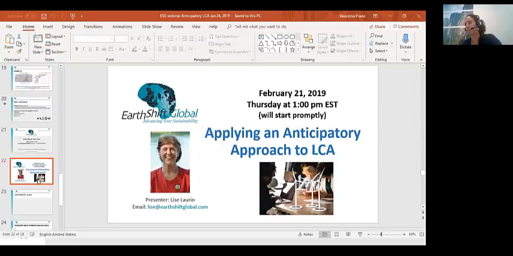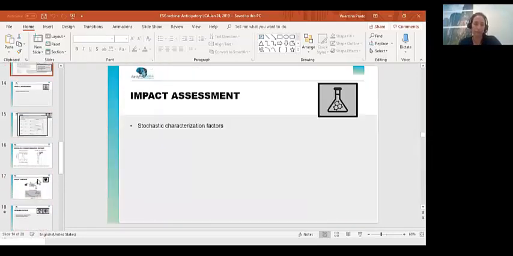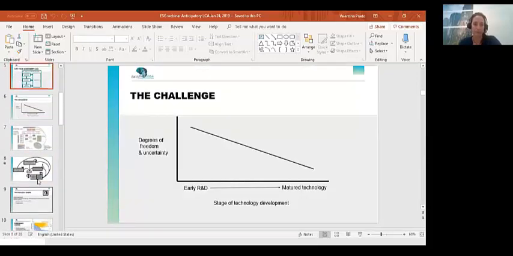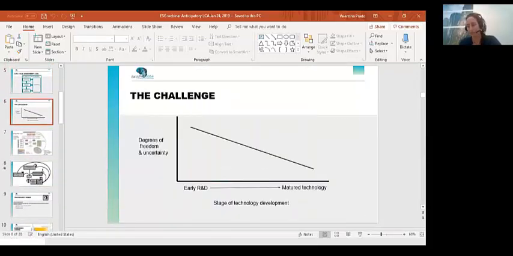Early on, you may just take a list of categories, a list of environmental impacts, and think of how this may affect or contribute to these different environmental impacts. Think of how the supply chain would look. How would we deal with this product at the end of life? Are these materials that we're putting in recyclable? So it could be just asking questions about the life cycle and not necessarily jumping into an analysis right away.